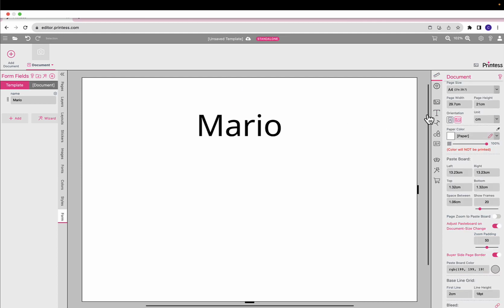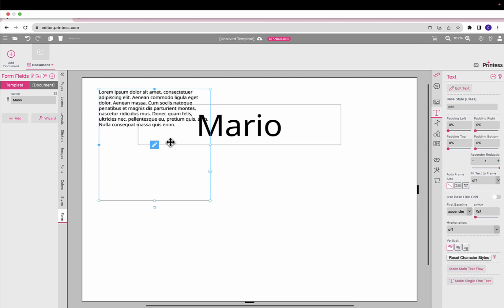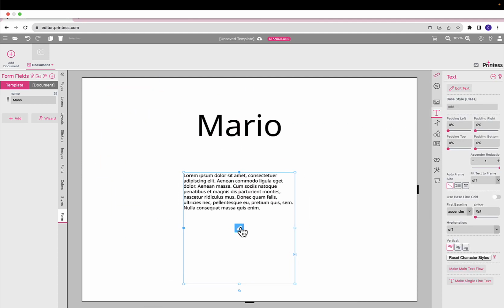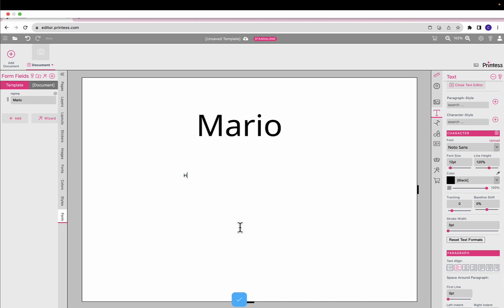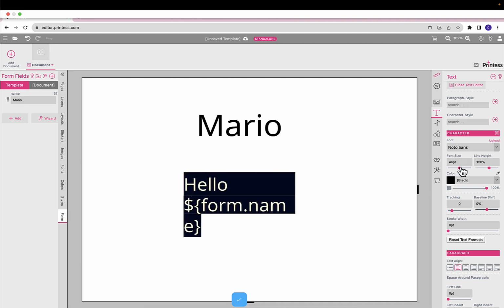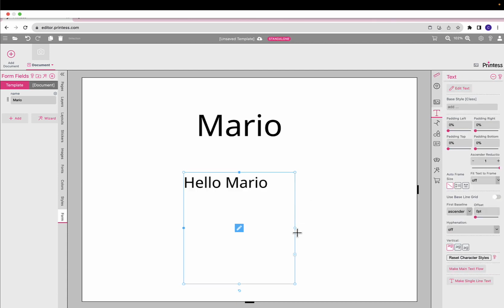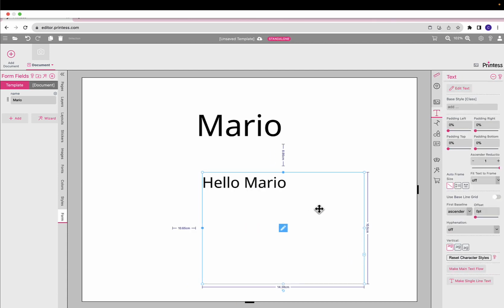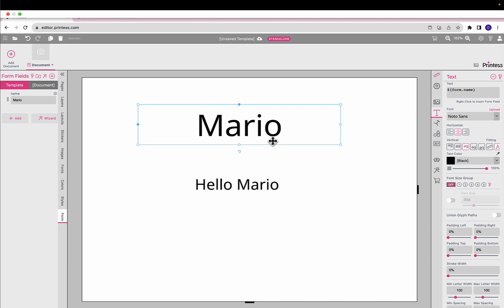If you do the same thing here with a multi-line text field, you just can do it with multi-line. So I can say hello, and now it's a little bit different. So if you press the $ sign, automatically the menu opens where you can select from the form field. In that case, form.name. Let me make the text a little bit bigger so we can see this, and the frame maybe as well. So these are the two ways how you can use form fields in text in your